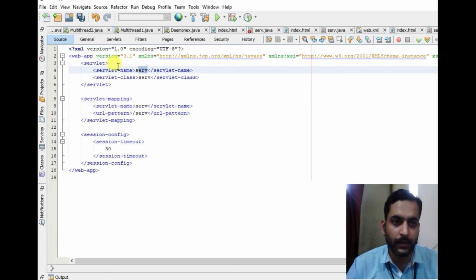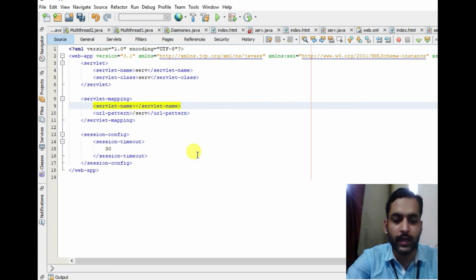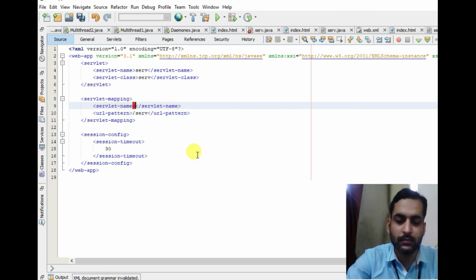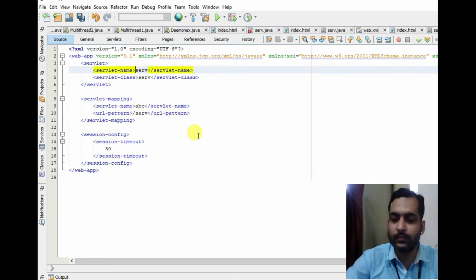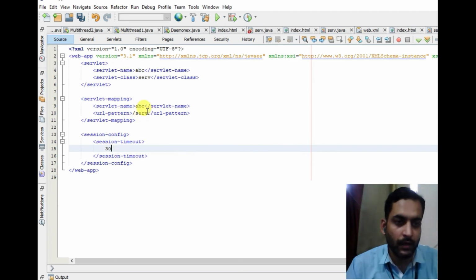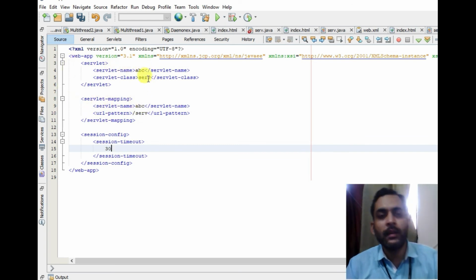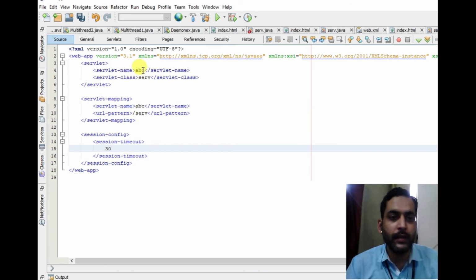Actually this is used for mapping. So if I change it to ABC, it will still work. The URL pattern is mapped to ABC, then ABC is mapped with this ABC, and after that the servlet container invokes the corresponding servlet class, that is this class serve.